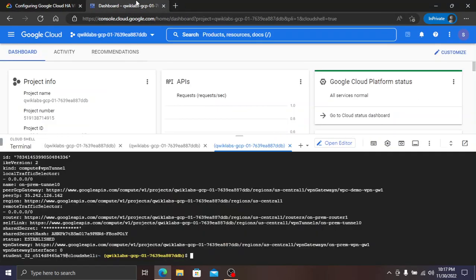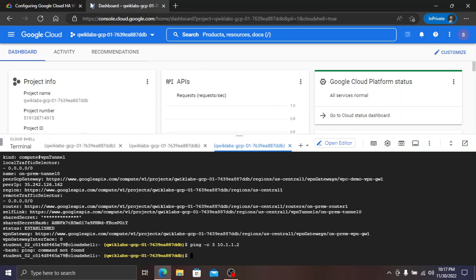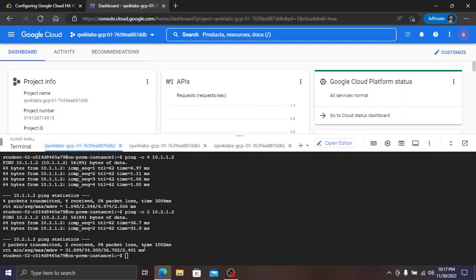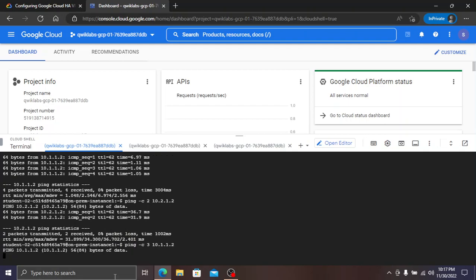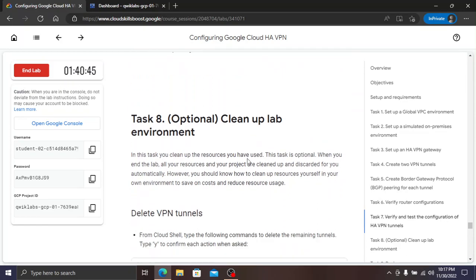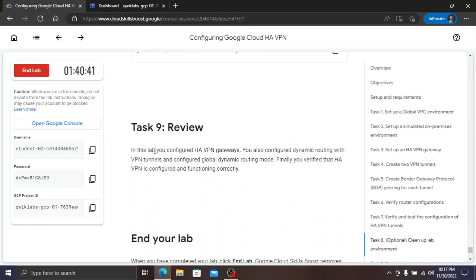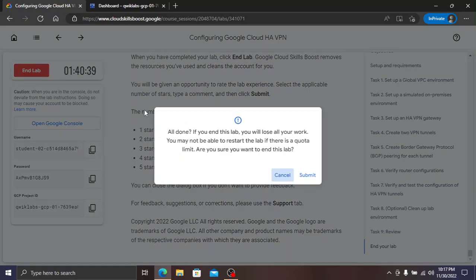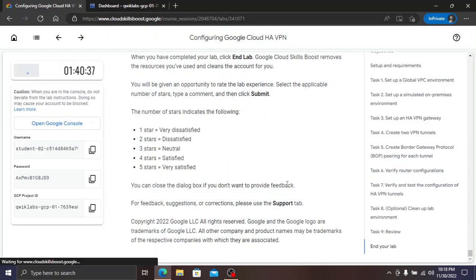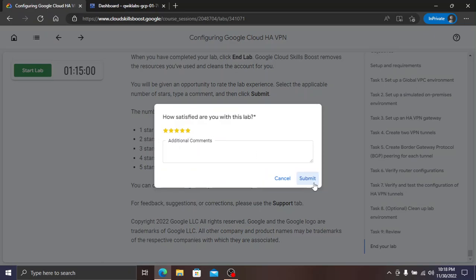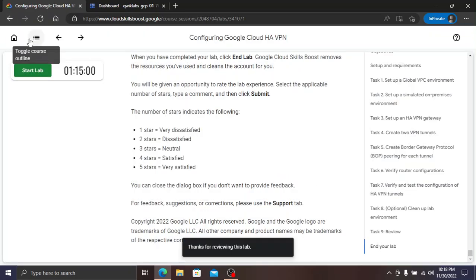And to ping this, if I ping it here, it doesn't work, but if I ping to the first tab, it works. So just ping it there, and it is optional. Okay, so let's end this lab and let's see and submit it. Click submit, and